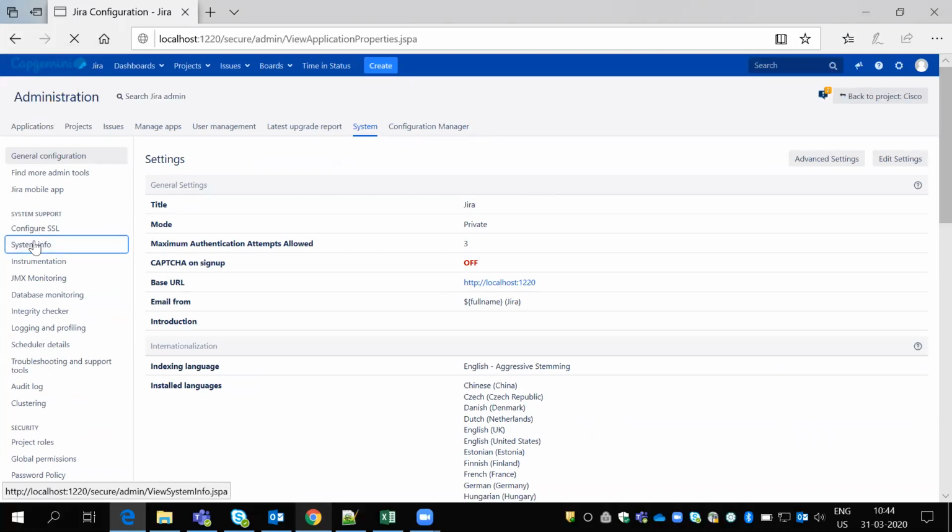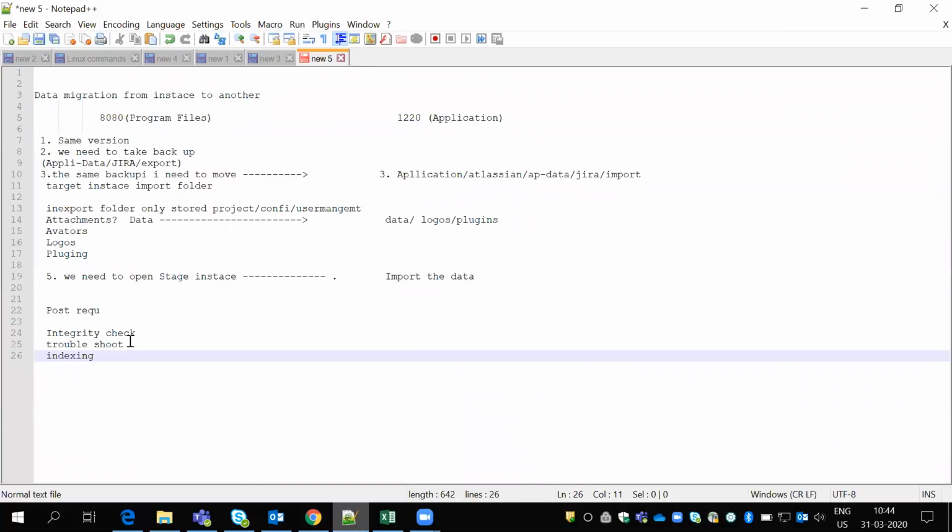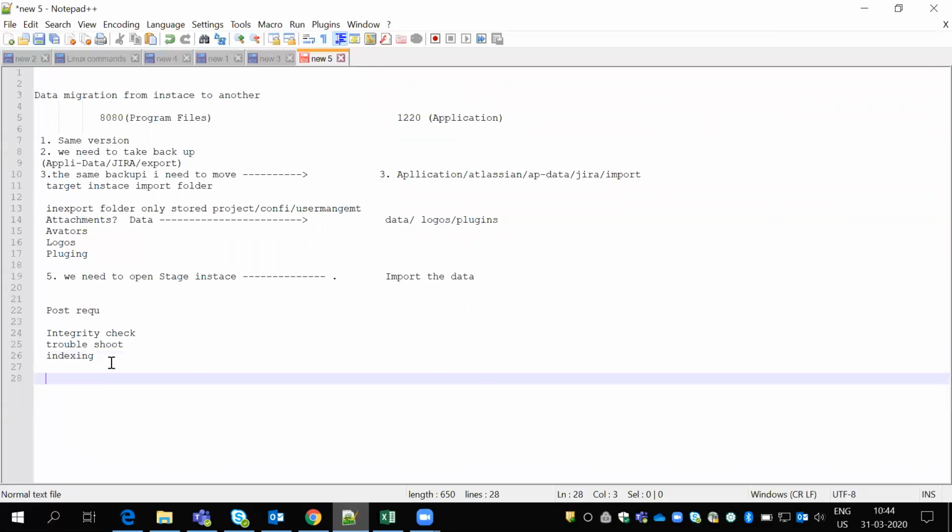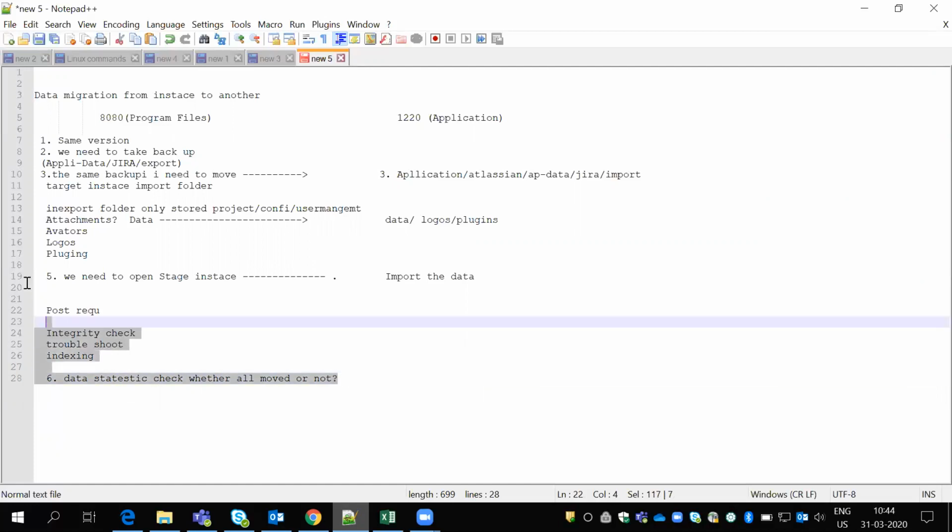So once the migration is done, you need to do the integrity checker, troubleshooting and indexing, and then, as the sixth step, you have to do the data statistics check, whether everything moved or not.